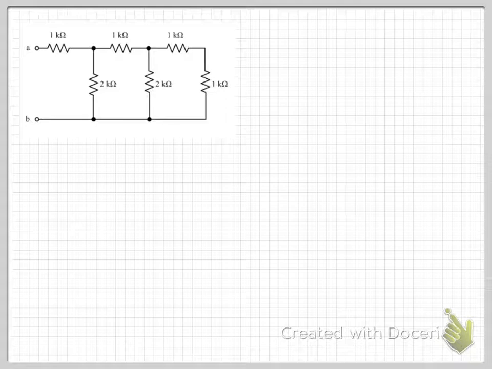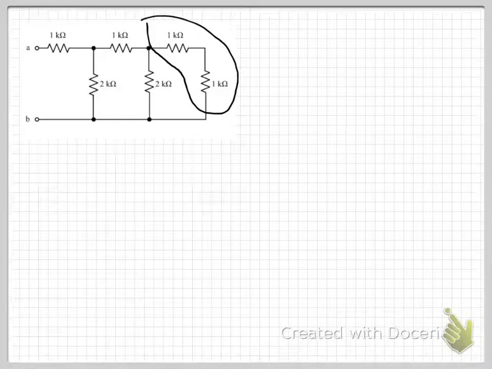I just like to think about how the current is flowing. So as I look at this, it's obvious that there are some parallel components, and it's obvious that there are some series components. And so what I'm going to try to do is just pare them down one by one. The easiest thing I can see, and where I'm going to start, is that these two resistors are